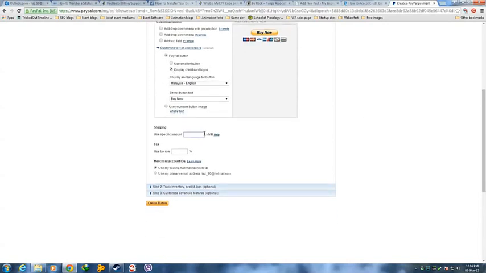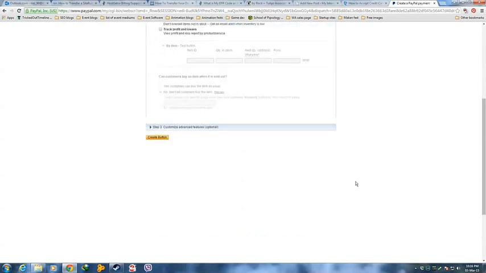If you sell digital products such as ebooks, you can just click on zero. Tax rate is dependent on your country. You can just Google that out. Merchant ID helps to show your email when your buyer wants to buy something, because some people don't want to show their website because they are afraid of spam, but it's up to you.